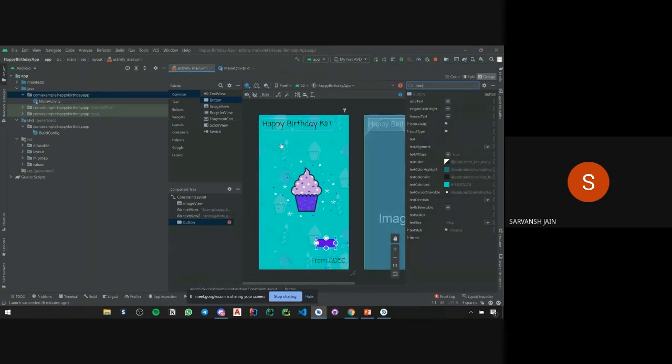I changed that, and at the end I put underscore text. So when I see my files, I know this file is associated, and it becomes easier for me to locate it. That's all.